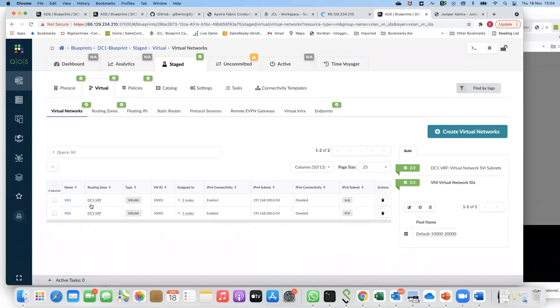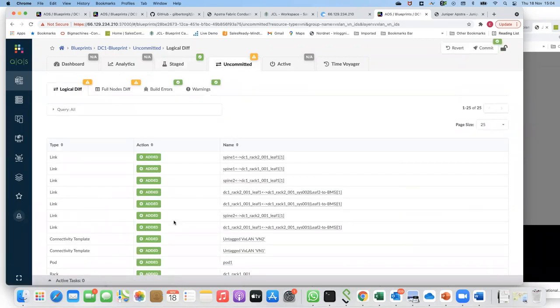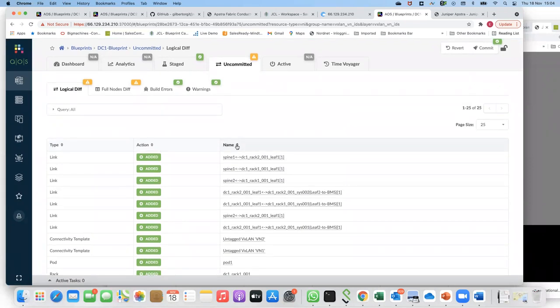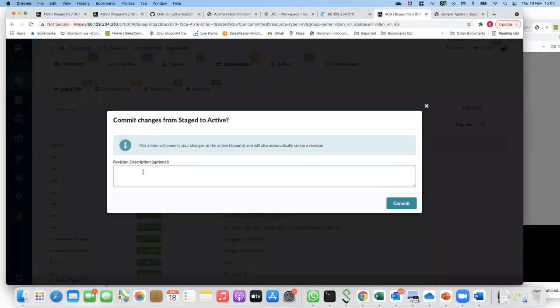So now we have everything in place. As you can see here, we have a lot of things uncommitted. So this is very much like a Junos device. So the next thing here now is to actually commit. When I do this, Apstra will build the database in the background, derive the configuration, send it out, and we will have the active network here eventually go green, and we can see the status of the network in the dashboard. So I do the commit here, and I give the name of this